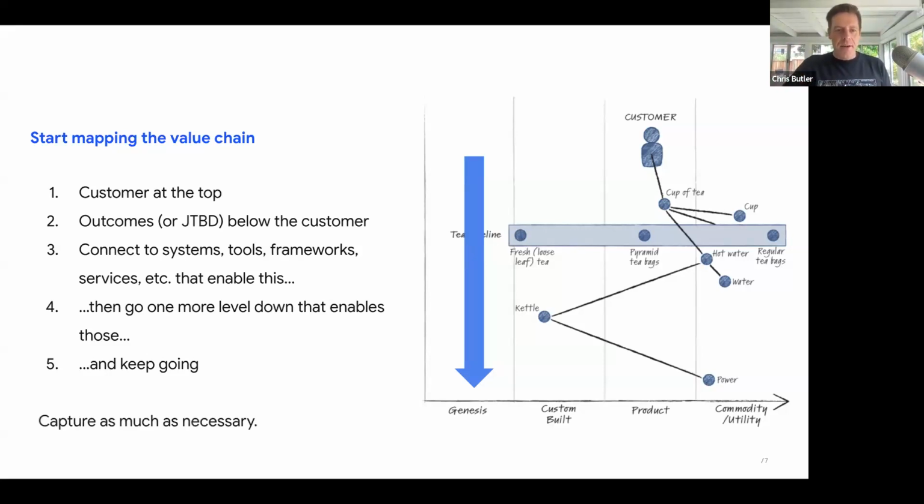And then the second thing I would just say about when you're doing the value chain is you just capture as much as actually necessary. And so this is something that as time goes on, I think people get a better feeling for what is the right fidelity of these types of maps, but there's really no bad map. There's no wrong map. There's just a lot of maps that are appropriate for this context right now in this conversation. So I would say just whatever you think is best, that's where you should stop in this case.